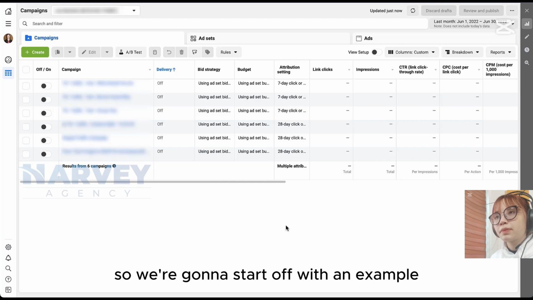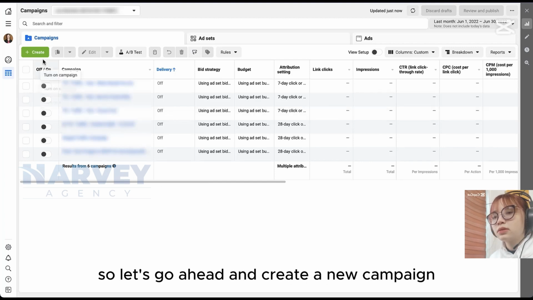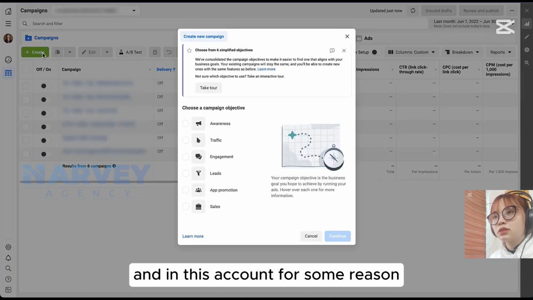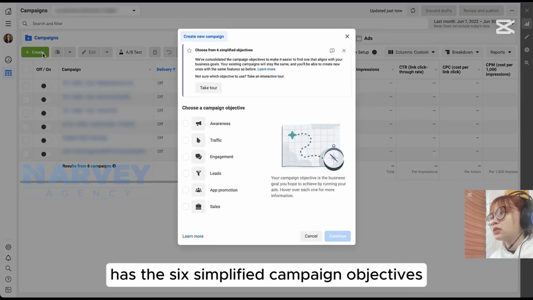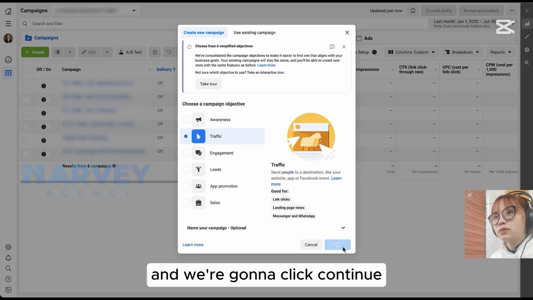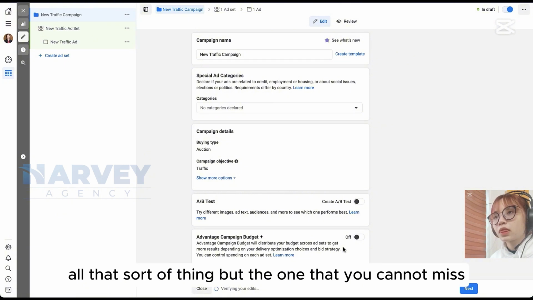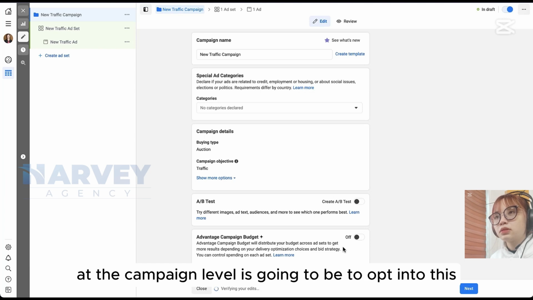So we're going to start off with an example where we don't have anything set up yet that we want to test. So let's go ahead and create a new campaign. This account, for some reason, has these 6 simplified campaign objectives. So for now, just to keep things easy, we're going to click traffic and click continue. Over the course of this setup, I'm going to be pretty quick about skimming through all of the different settings,